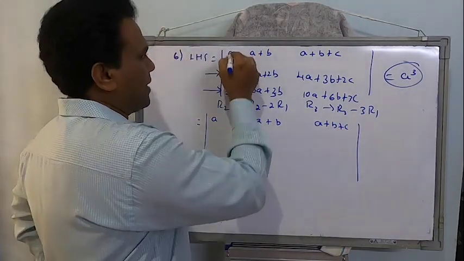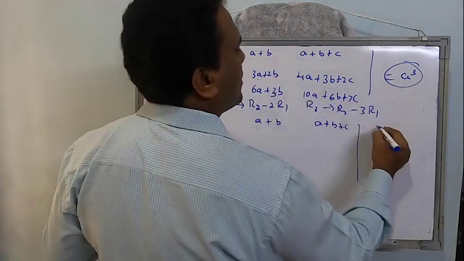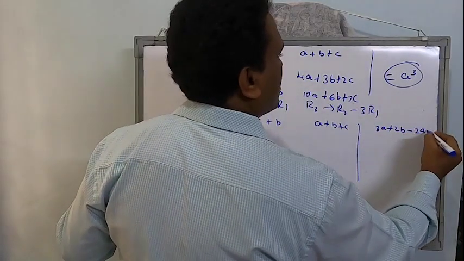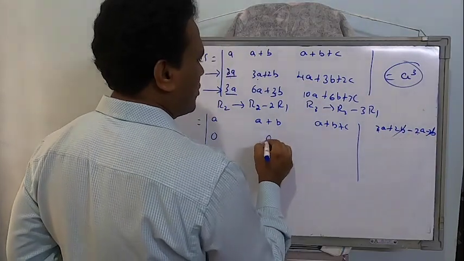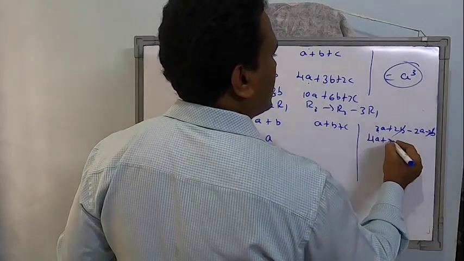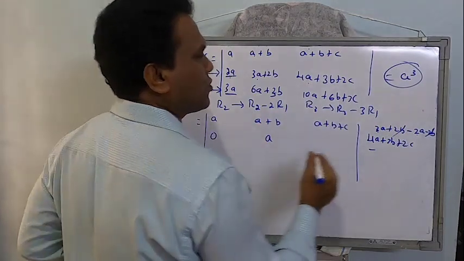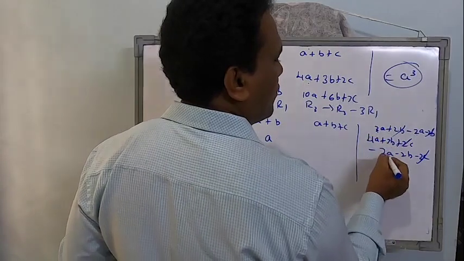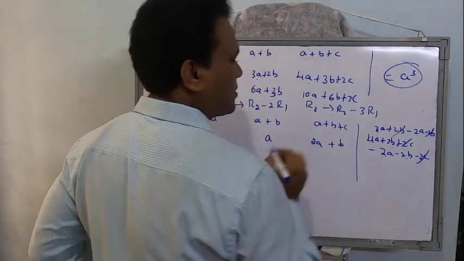Fine. So 2A minus A will be 0. If you are not comfortable, just write side by side and practice. See here, 3A plus 2B minus 2 times this, so that will be minus 2A minus 2B. Correct. This gets canceled. So 3A minus 2A, that's going to be A. Clear. Similarly, if I go for this, 4A plus 3B plus 2C minus, each element is multiplied by minus 2, so minus 2A minus 2B minus 2C. These two get canceled. 4A minus 2A will be 2A. 3B minus 2B, that's going to be plus B.